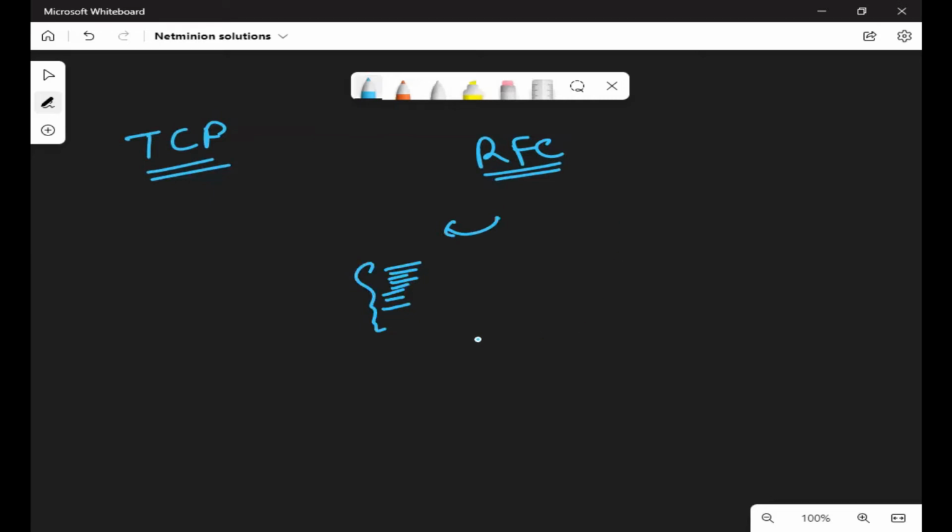It contains each and every bit of that protocol. That is the TCP/IP RFC. Similarly, there is an RFC for OMP if you talk about SD-WAN, and if you talk about BGP, MPLS, each and every protocol has its own RFC. Similarly, there is an RFC of TCP/IP.